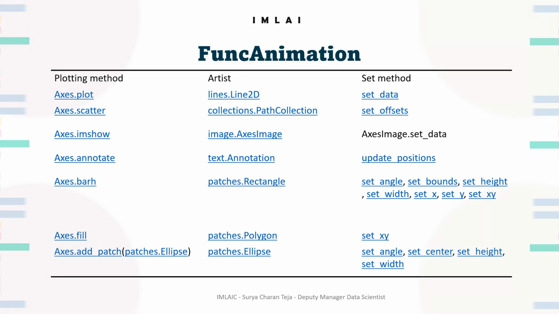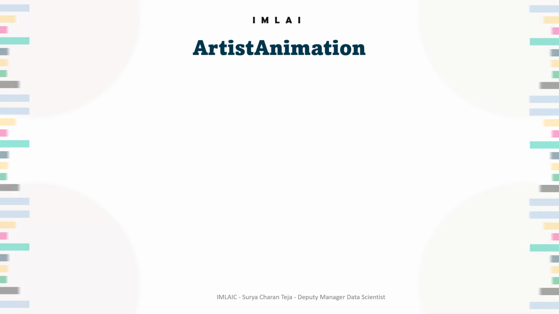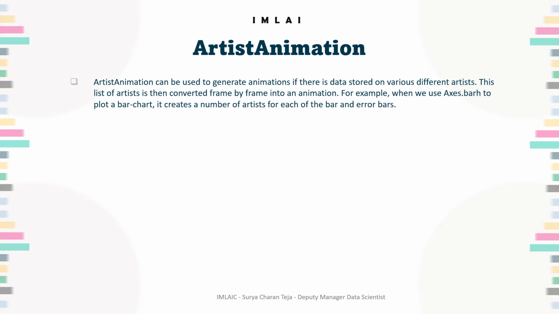Now let's look into the second method, the second type, that is artist animation. Artist animation can be used to generate animations if there is data stored on various different artists. This list of artists is then converted frame by frame into an animation. For example, when we use